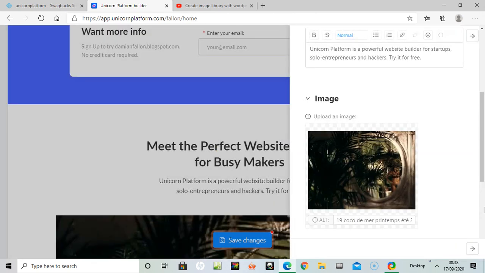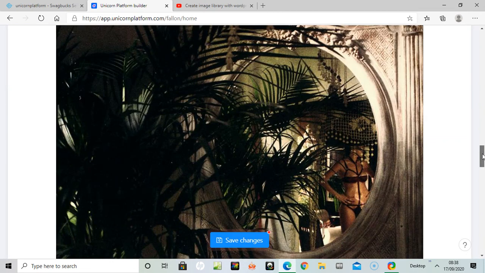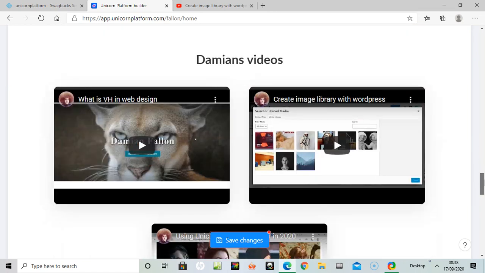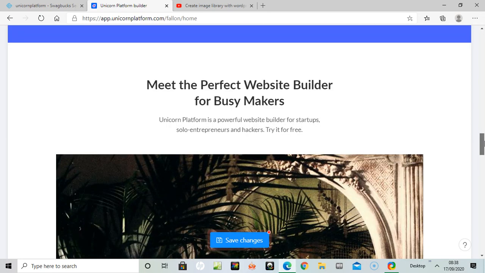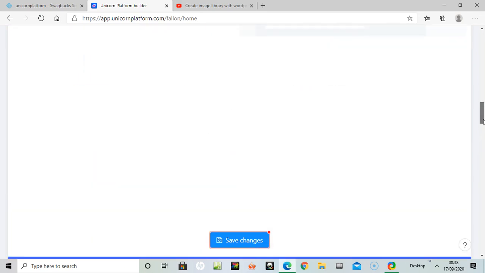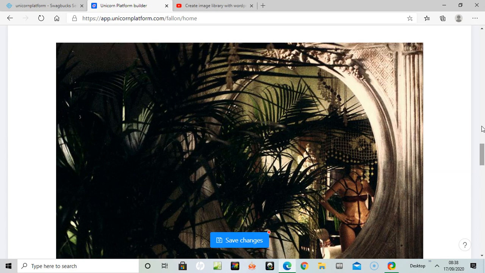Right, save changes. Done. Bam. And that's how you build it up. You'll add the components as you go along. Don't know what happened there, some error there. So, lovely website builder. Add the